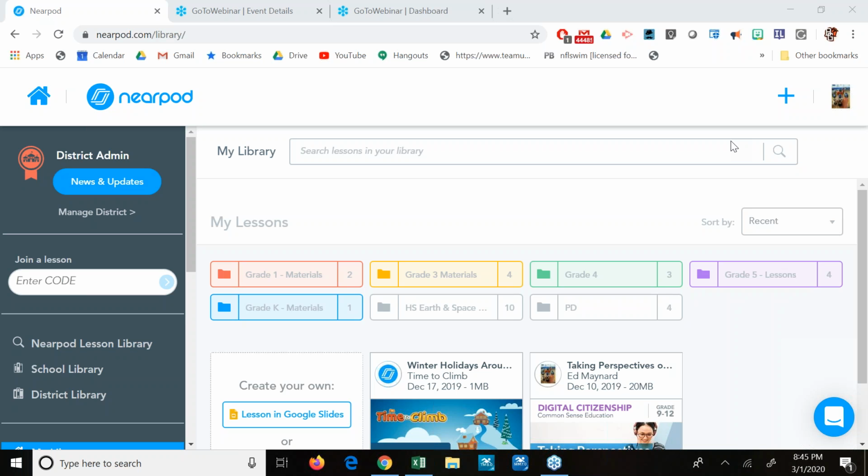So I have just played around a little bit with it. I find it really helpful in sixth grade social studies. The Nearpod lesson library has a lot of ancient civilization lessons, and the kids are so engaged. There's those VR things where you can see ancient Greece or ancient Egypt, and they're totally in. I found it really pretty user friendly. There's still kinks that I haven't worked out yet, but I kind of jumped in and the kids love it, and I'm really happy to have it.